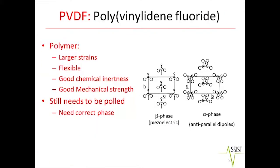The same thing happens with certain types of plastics, except here what the chemists have figured out is that you could have the little dipoles be between the fluorine and carbon atoms in the molecules, and if you're in the right phase, you can pull the plastic to get the characteristics that you want. So the ceramics typically have much higher coefficients and in a sense can be more efficient, but they have very little ability to have large strains. The polymers, on the other hand, are nice and bendy and can have large strains, but typically have smaller coefficients. And so you need to think about those types of things when you're designing your